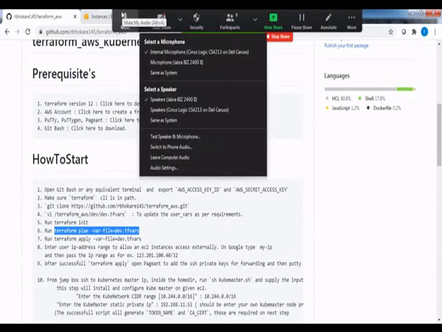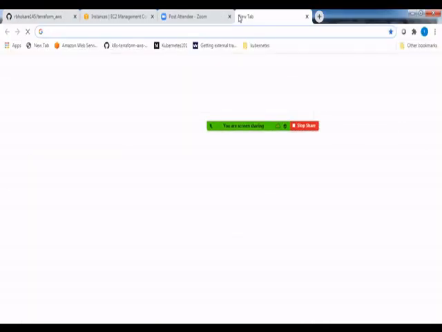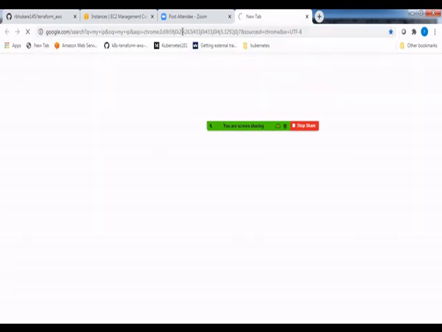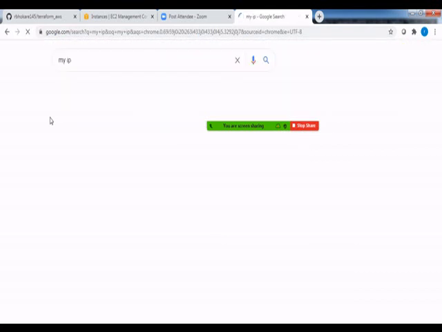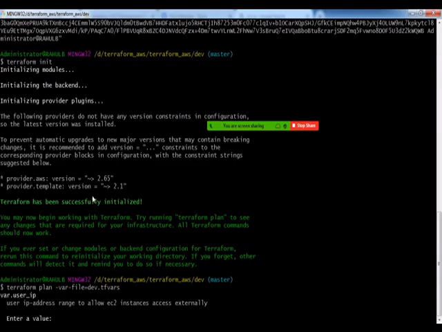I just need to go to Google and type my IP. Now why is this important? This is important because we're gonna control that Kubernetes cluster from our local workstation. In order to access that jump box from our local workstation, which is my laptop, I need a public IP to be whitelisted into the security group so that it will allow my connections from this IP. So we have to provide the IP address in comma CIDR notation. So I'm using /32 and hitting enter.